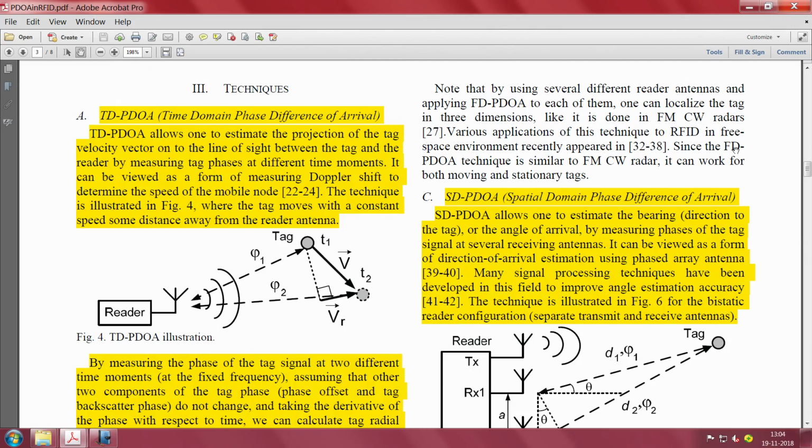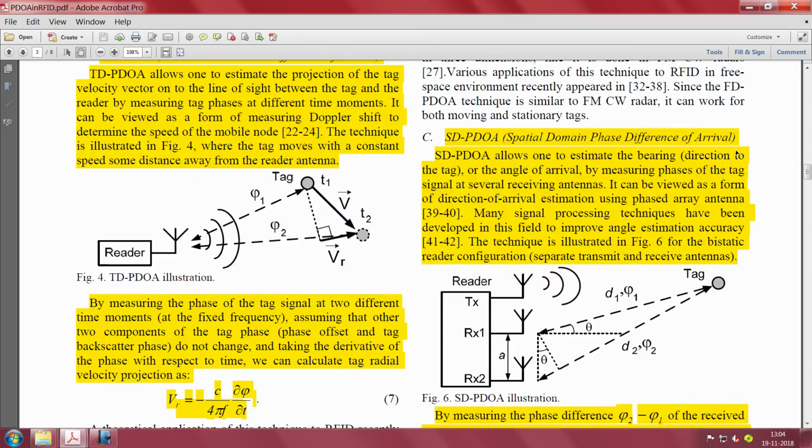Again, the moment you see such a picture, you have to look at it and say what are the assumptions under which this technique can be applied. Now let us see, you have a reader with multiple receive antennas. You can see there is RX1 and RX2, they have a separation. What should this separation be? You have to ask yourself, is there a limitation on this? How should I set the small a, how do I set this?